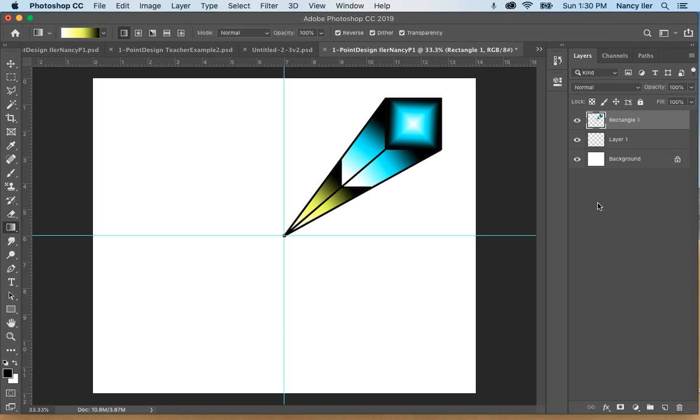So now we can turn off, well, actually, let's just go ahead, I guess we can just Command E, just bring that down. Okay, so we only want one layer here. You can turn off your blue lines now, your guidelines. So just Command semicolon should get rid of them. Okay, so now what we're going to do is